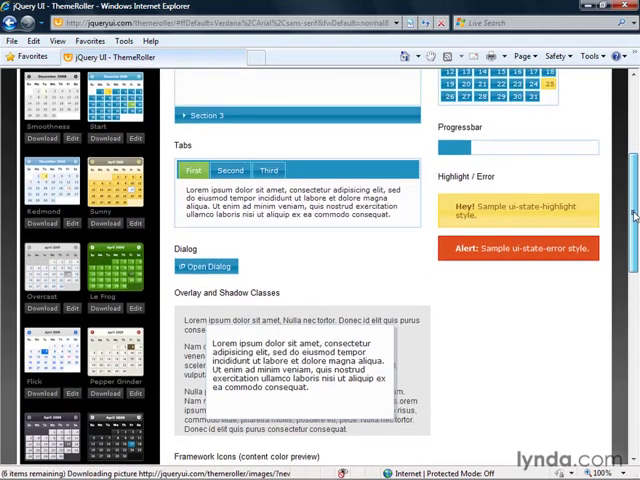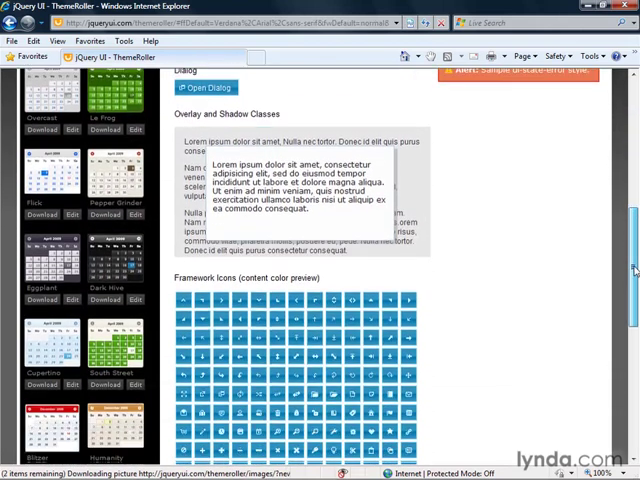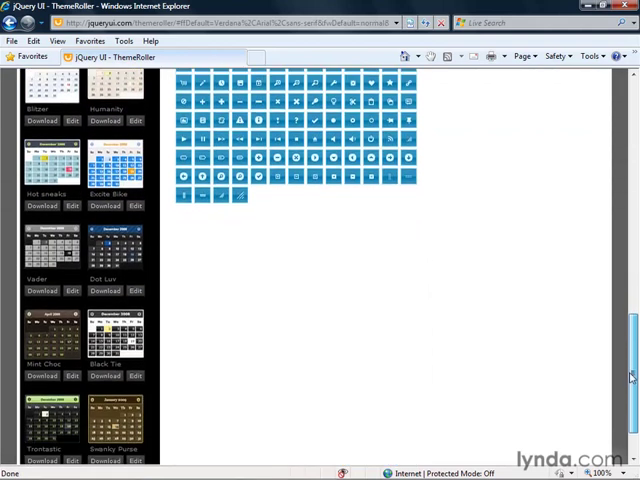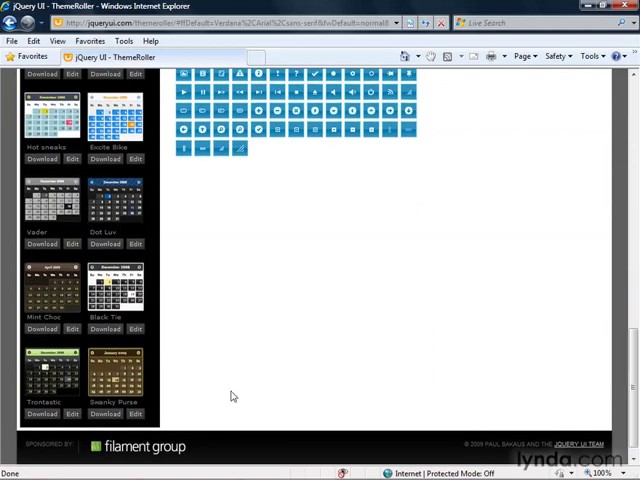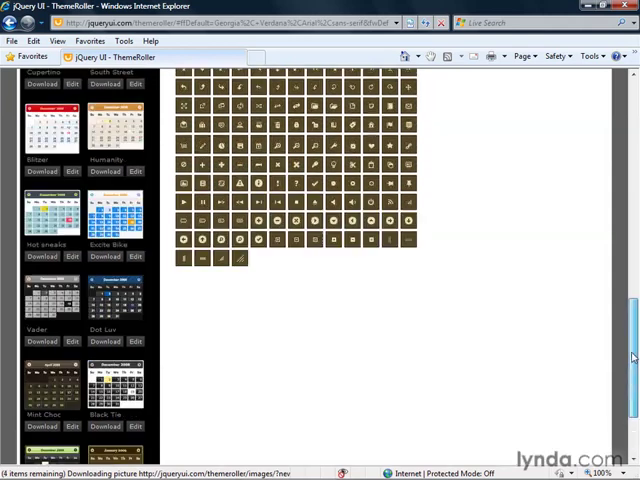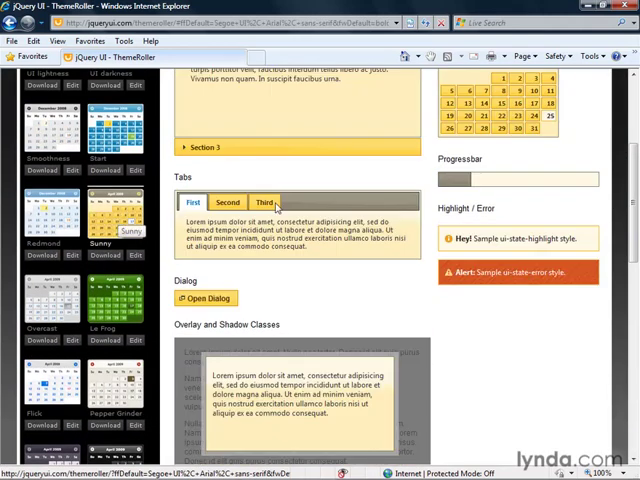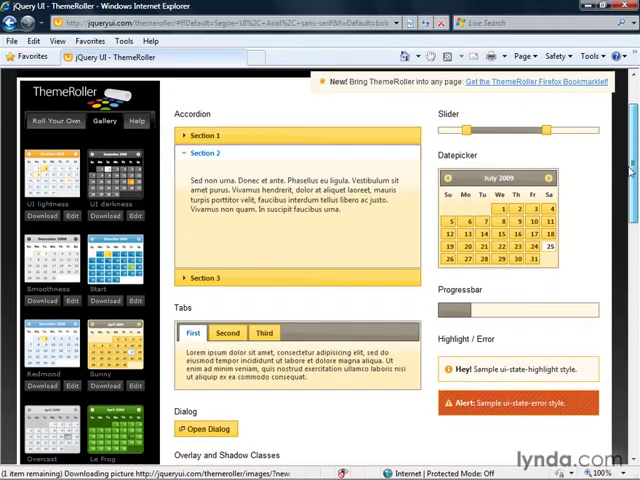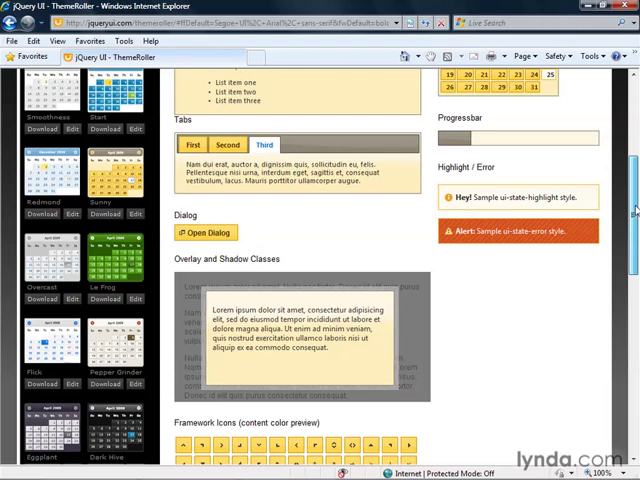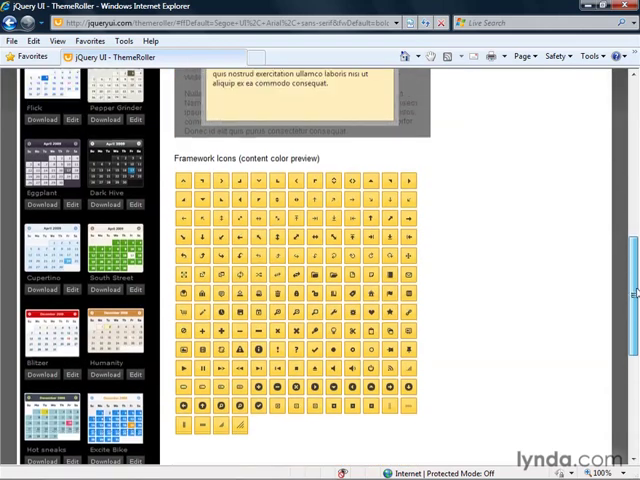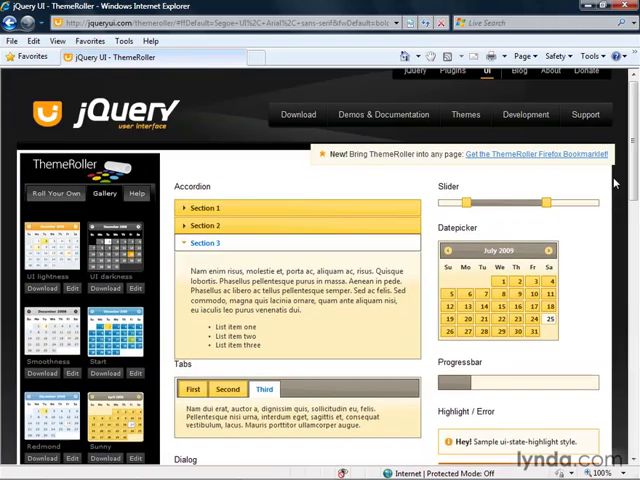There's a pretty large collection of pre-built themes. When we scroll down the page, there's a lot of these. Here's kind of a bronzy one. Here's one called Sunny. And actually, this one looks pretty good. I kind of like this one. So this is a pre-built theme, but as I mentioned earlier, you can also use the Theme Roller application to